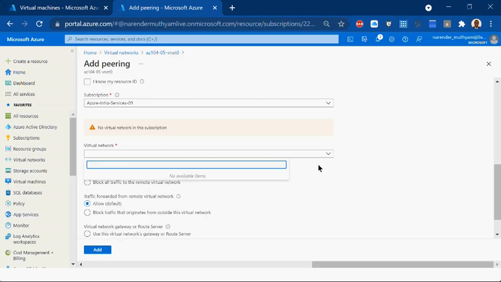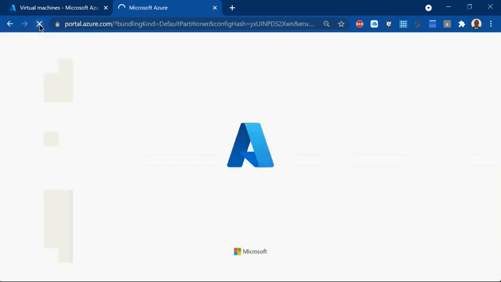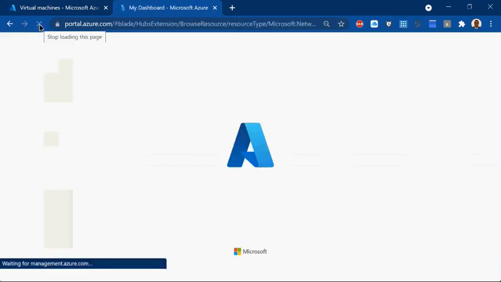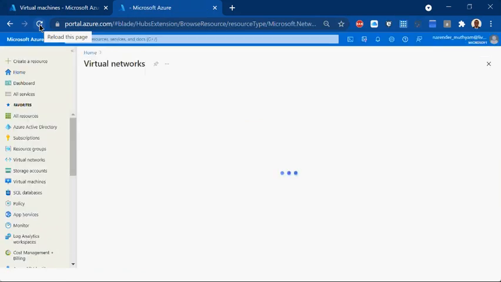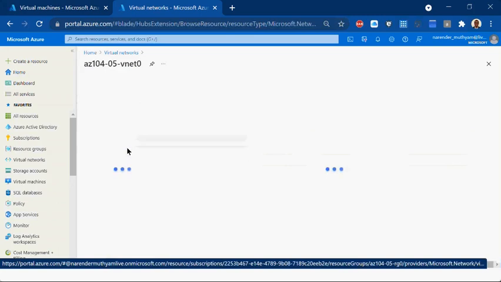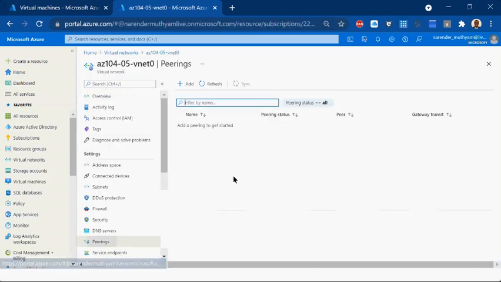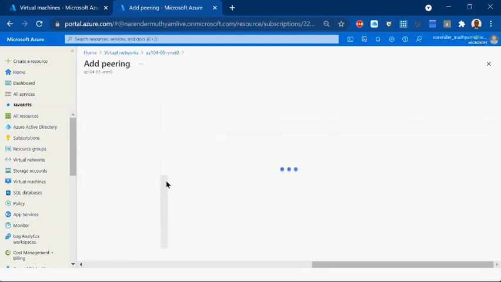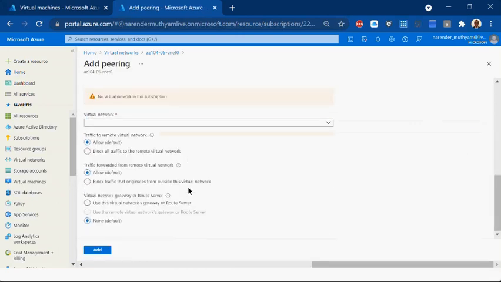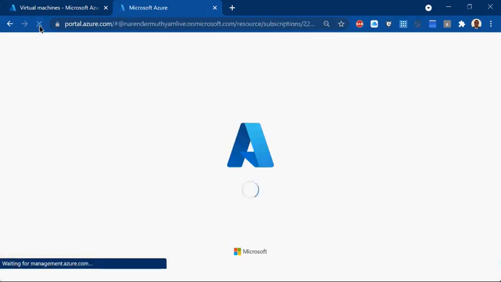So any questions, meantime, you can ask me. Because it's happening on the backbone cable, right? It won't be immediate. It will take a little bit of time. You have to wait for it to complete. So you should keep on trying it. Go to peering and click on add, and just scroll it down and see whether the networks got discovered or not. If it is not discovered, nothing much we can do, right? We have to wait for it to discover.